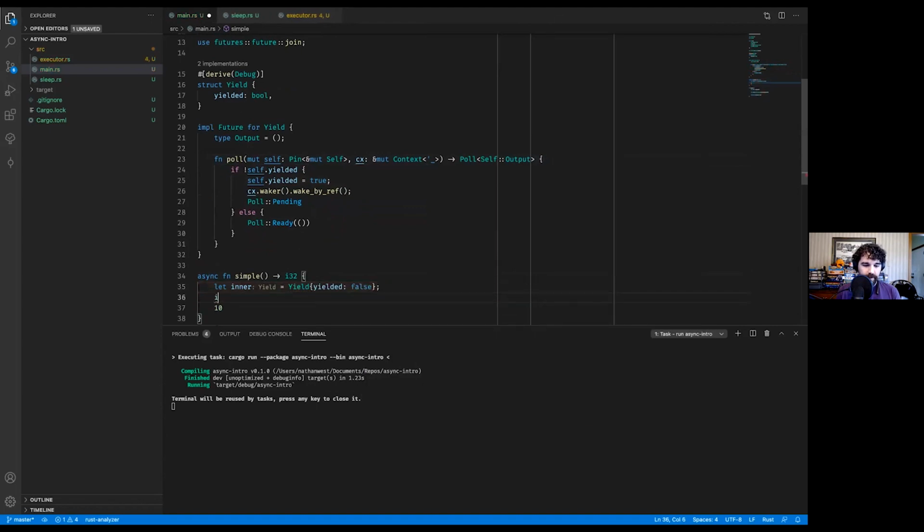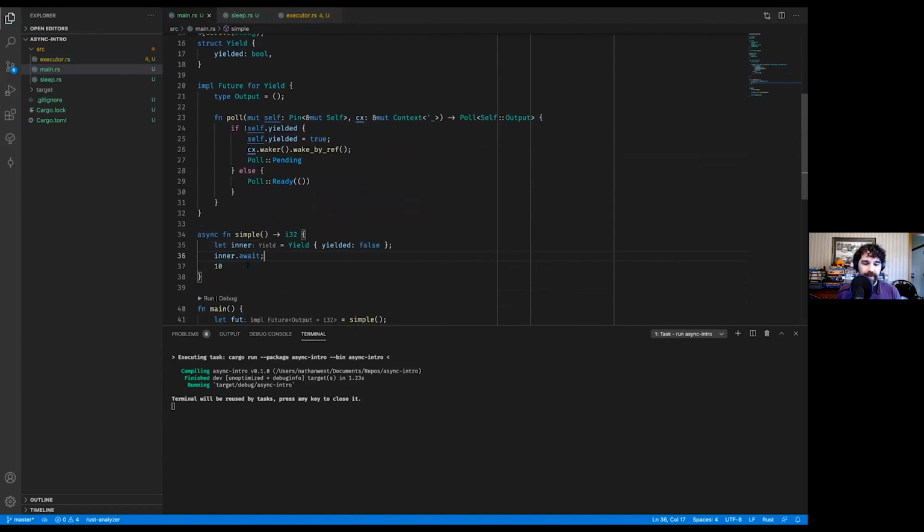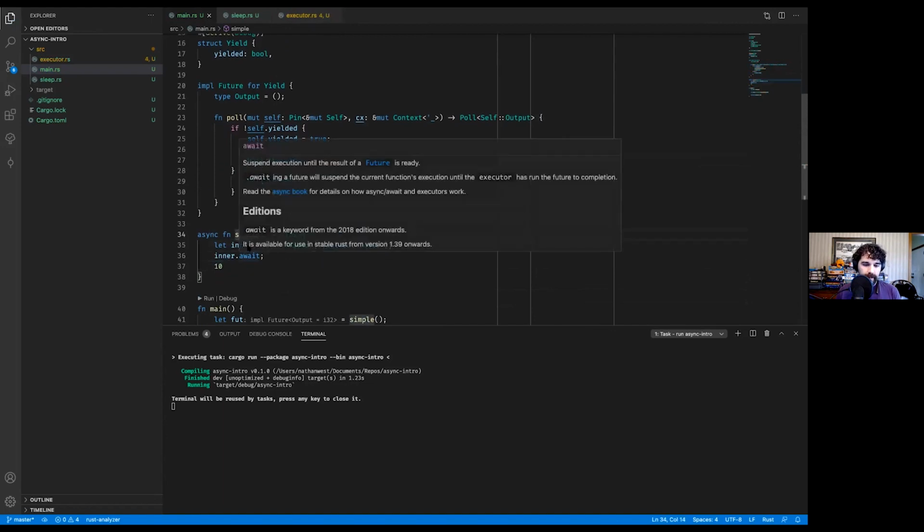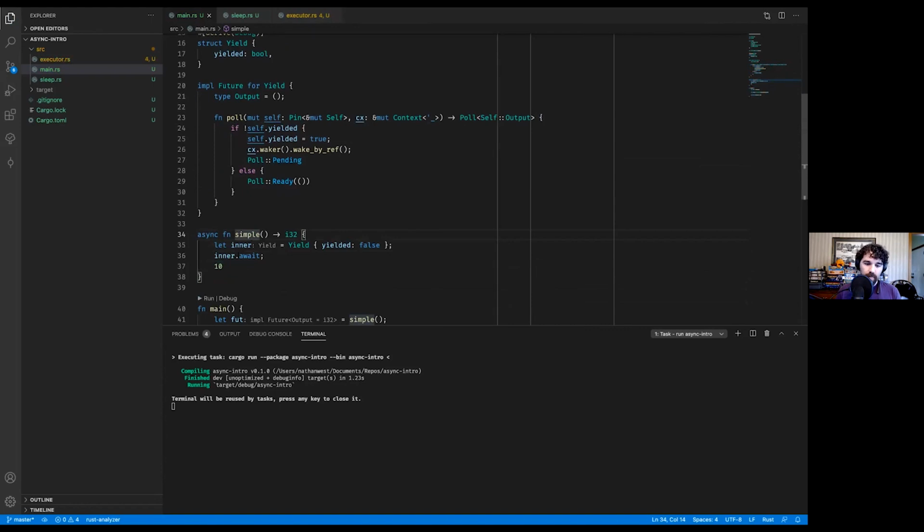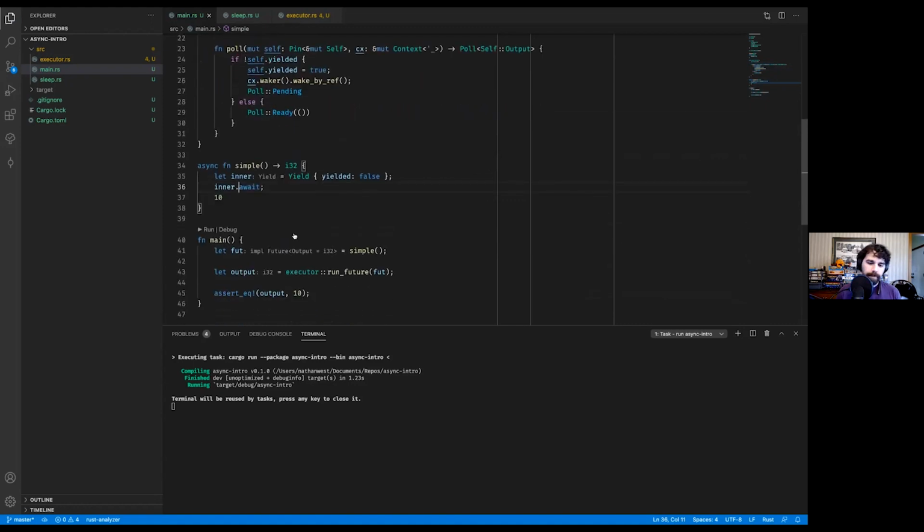And then we can await it, inner.await. Any future can be awaited. And again, all that's happening here is that this function is returning some sort of future object that has its own poll function. When we hit this point, it's going to poll this. When this returns pending, this returns pending. And it remembers this is where we left off. Next time we poll, we're going to jump right back to this point and continue from where we left off. We will see it. This still works again.